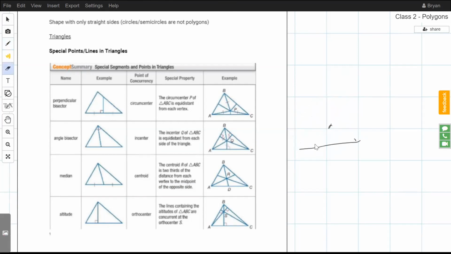The concept behind this is that the circumcenter is equidistant from every single vertex of the triangle. So when we draw a perpendicular, as seen here,